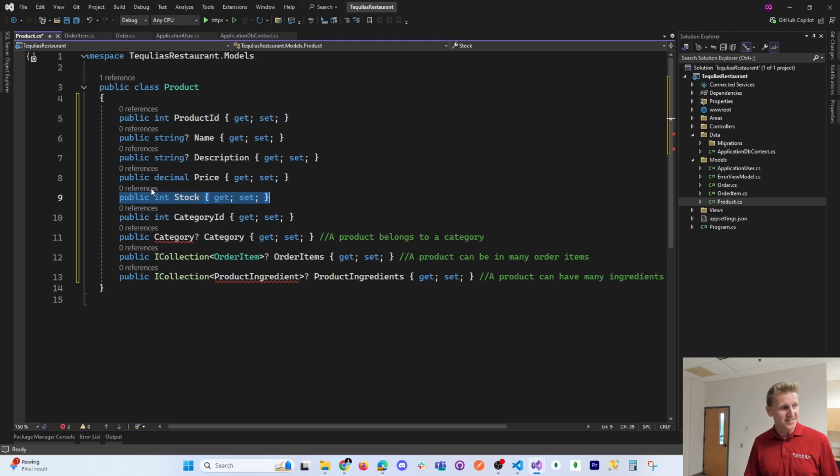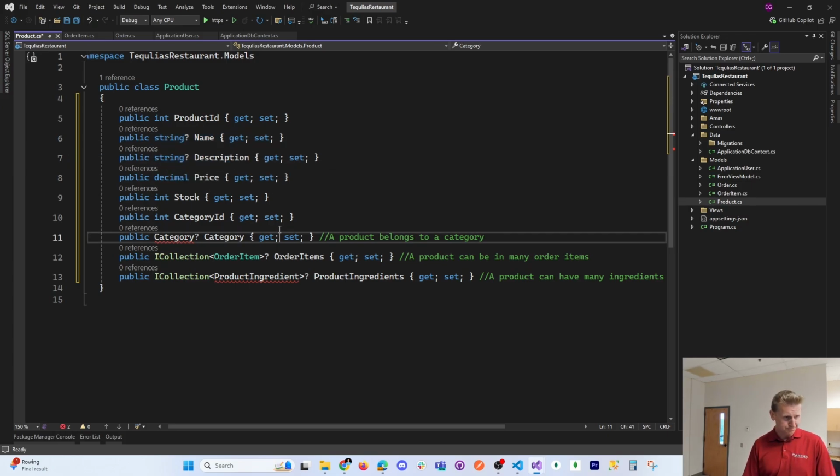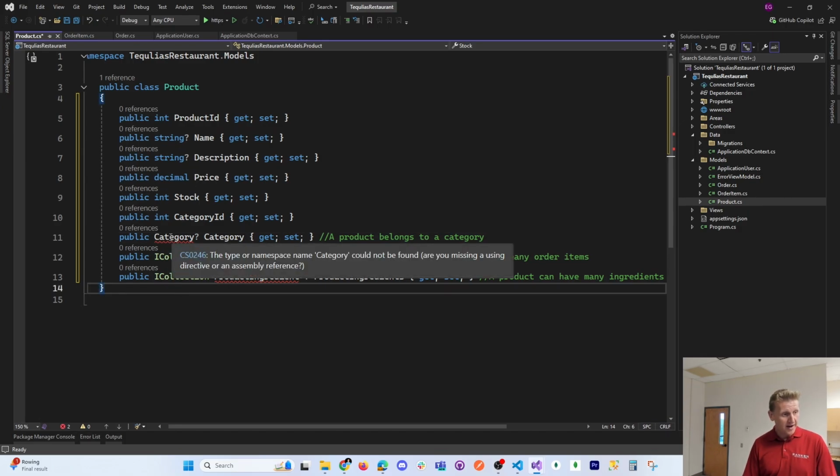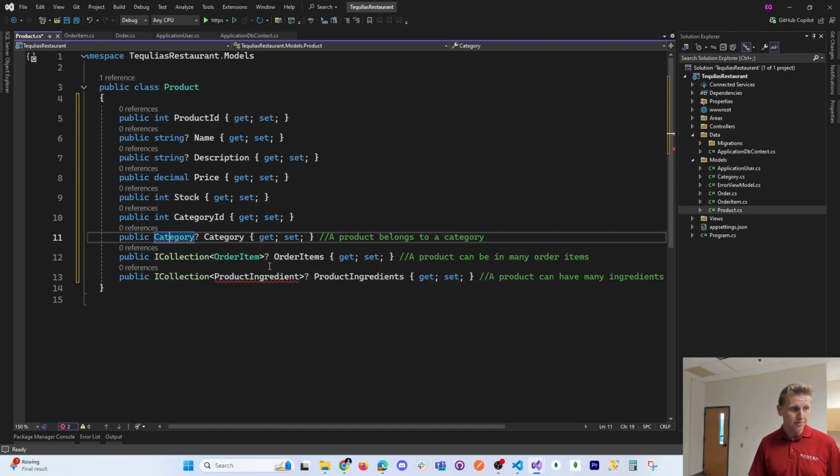How many are in stock? What's the product price? What's the product description? Of course, the question mark makes it nullable. Whether you want that nullable or not is up to you, but that's what that question mark is going to do. We do not have Category. Let's create Category, Control dot, generate Category in a new file,